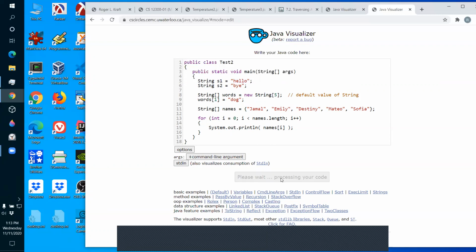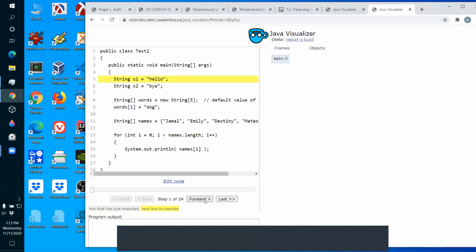Now, does anybody remember what's true about the Java visualizer? What would you want to warn somebody about when you get to this in the Java visualizer? What's the visualizer choosing to do here?